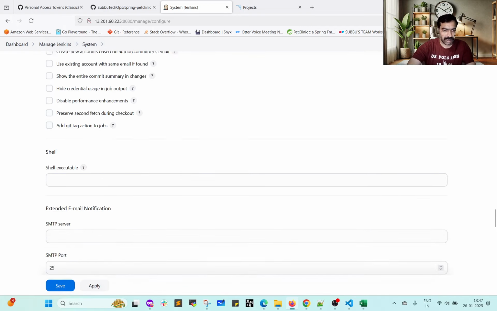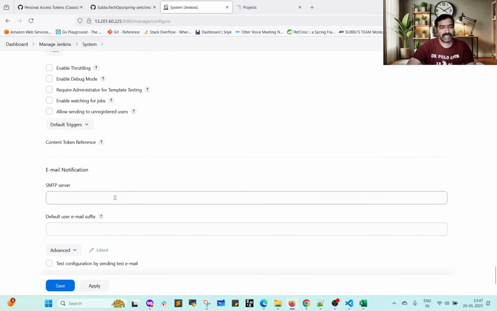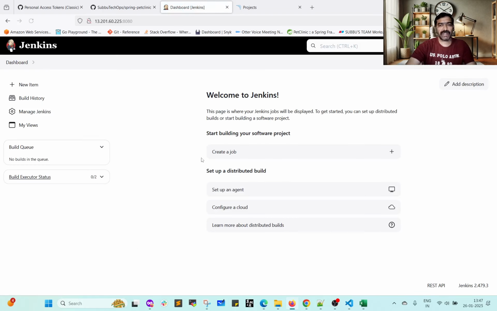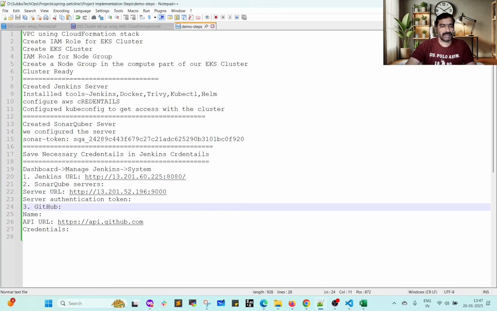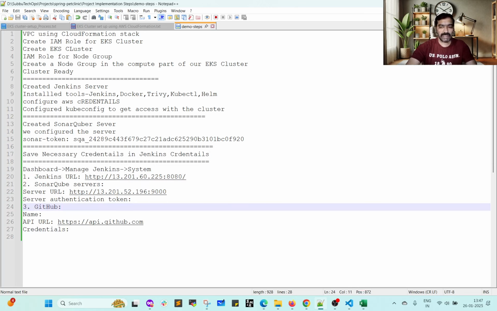Everything is ready, right? If you are sending notifications using Slack or email, you have to configure those. For this demo purpose, I'm not configuring all these things. In the next projects, we'll do that. So save these configurations, and our entire setup is ready. We have configured the necessary credentials, and the URLs required for our project purpose. So next,